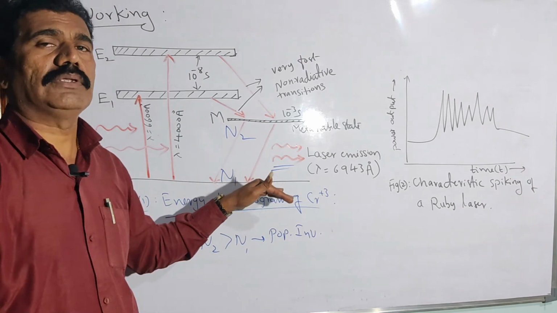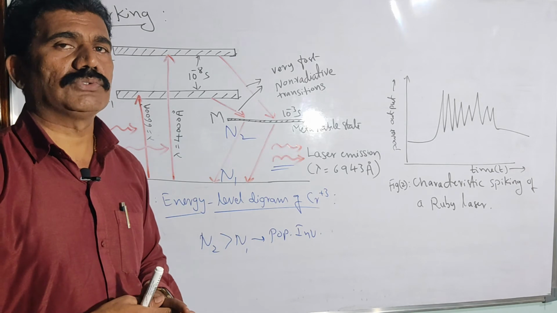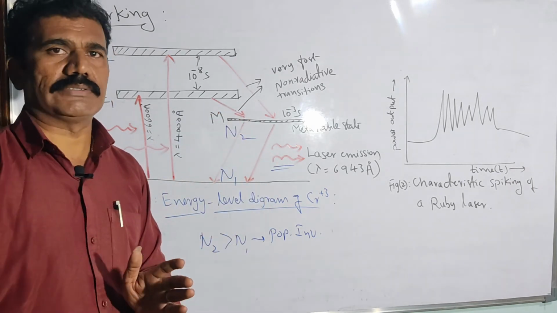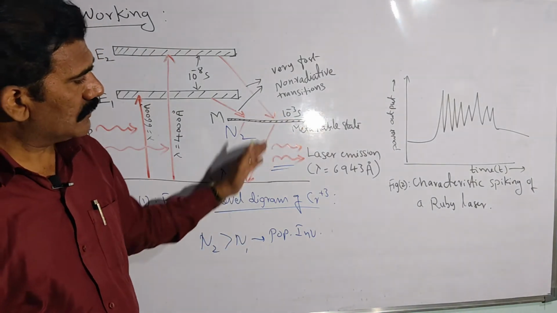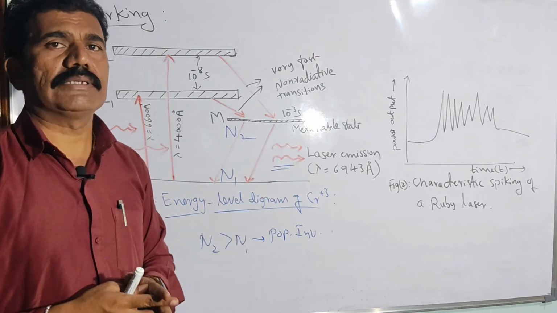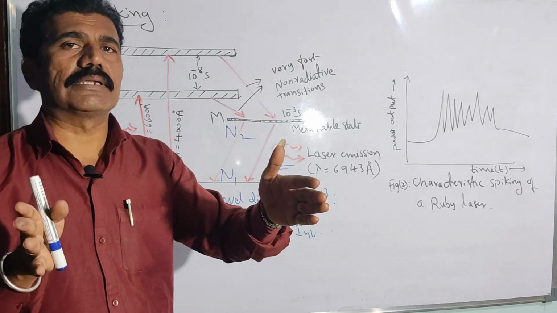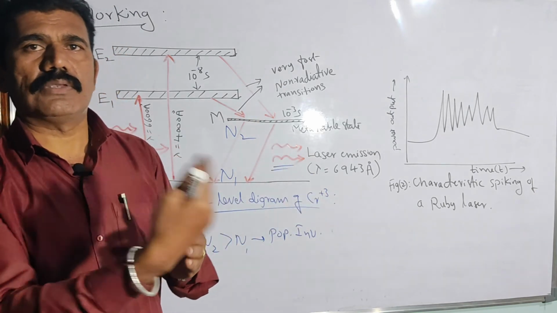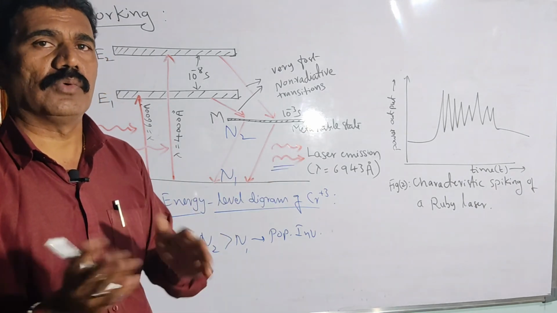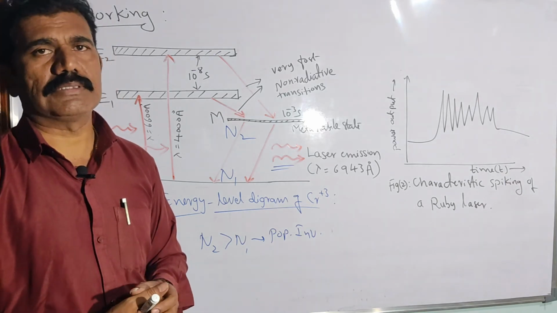Okay. Further, why do we call it amplified radiation? Because as per the laser acronym, we should call it light amplification by stimulated emission of radiation. So that amplification of these photons is obtained in the laser cavity. Where is that laser cavity in the ruby laser? Between the two polished mirrors on either side of the crystal. They reflect back the photons emitted continuously from both sides, in a to-and-fro motion, so that the amplification of photons increases.